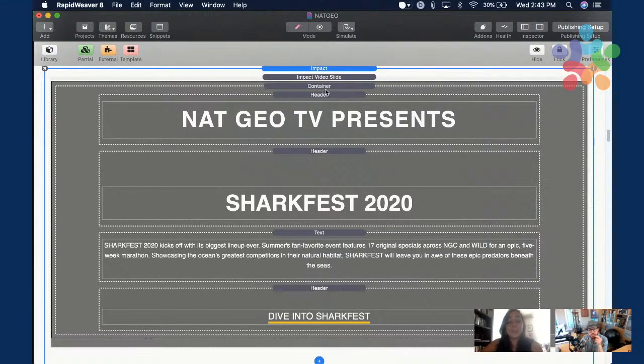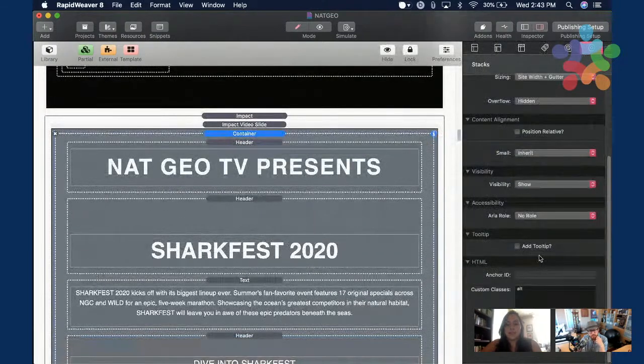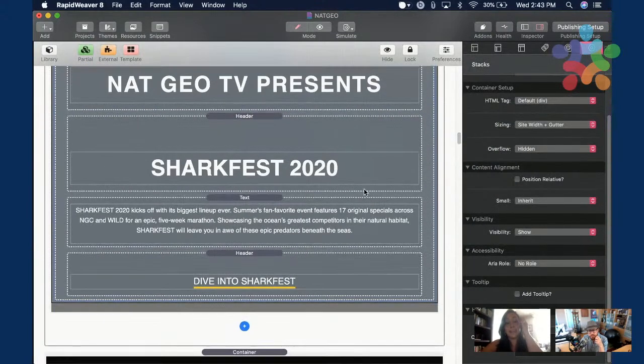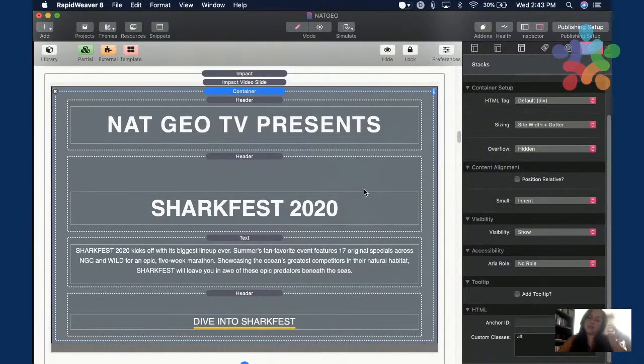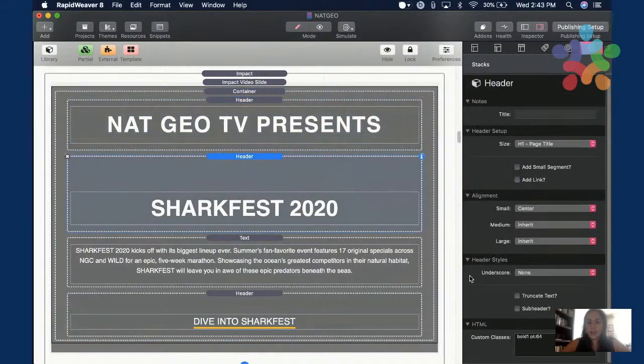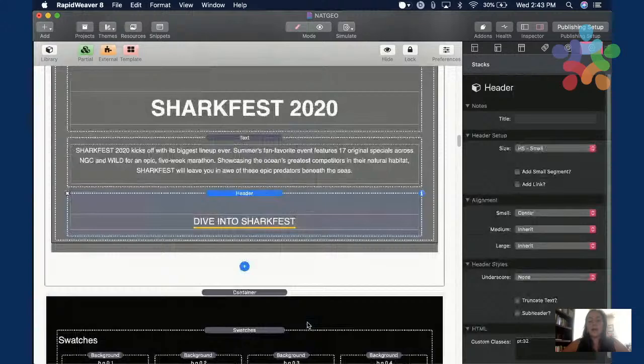Okay, so inside the impact, I placed a container that sets the alt. In this case, I don't have the alt switched around. So this container tells that all of the content will have an alt setting. And so I have a header and then another header with a little bit of padding to the top, and then a text, and then a header.